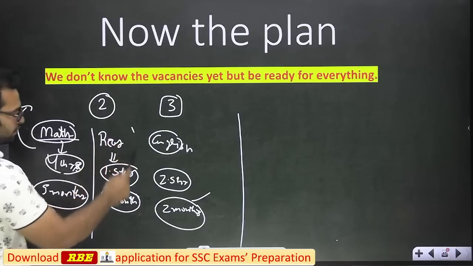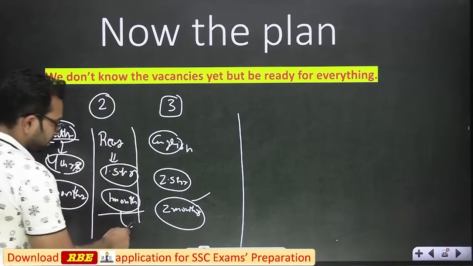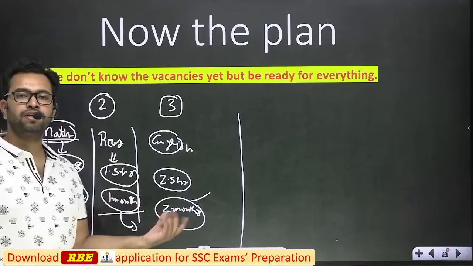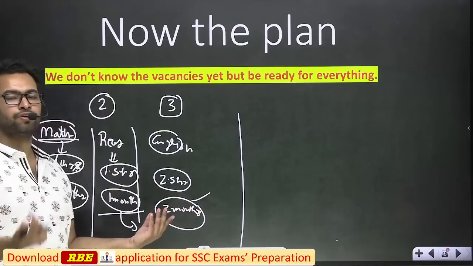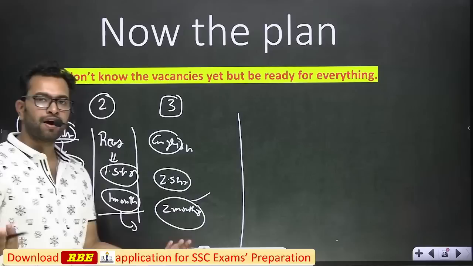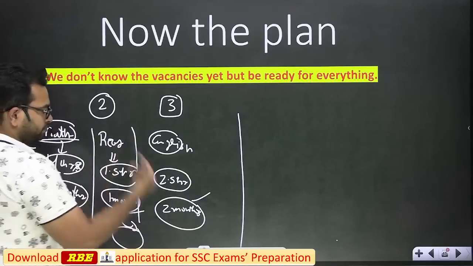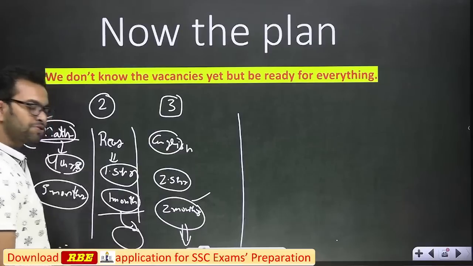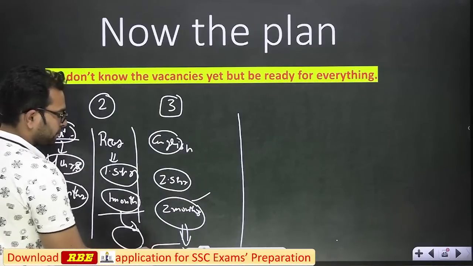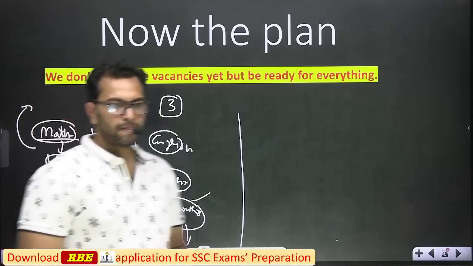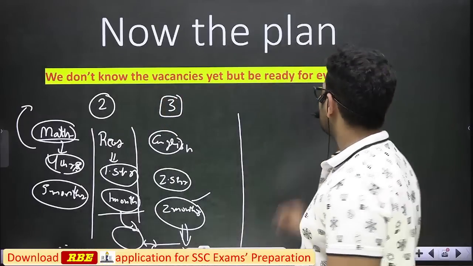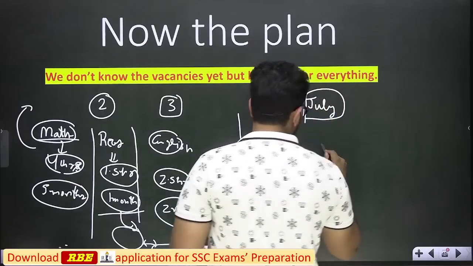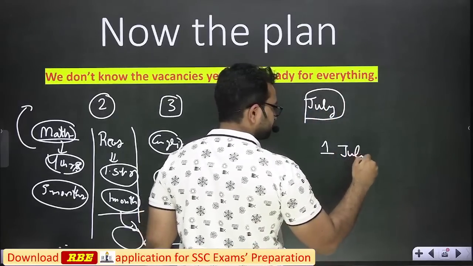Once you have covered the reasoning, give the remaining time for GK. Add the subject GK. In GK, cover those topics that you have already covered in your graduation or higher secondary level. After 2 months your English section will almost be over. Then give this time for GK as well. Your exam is about to start from July, so from 1 July onwards,